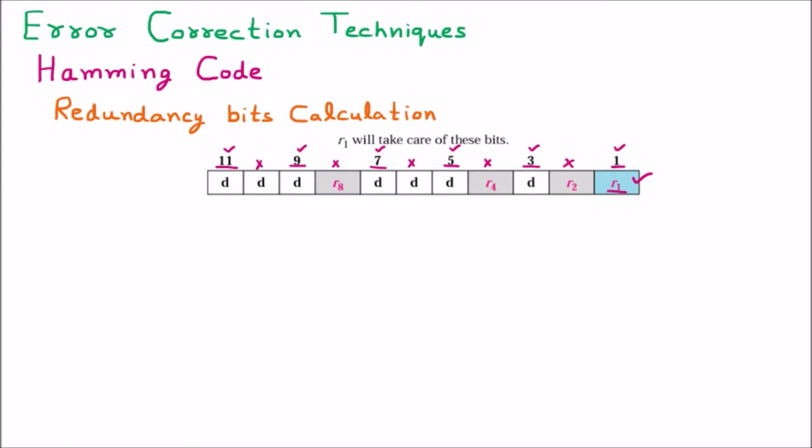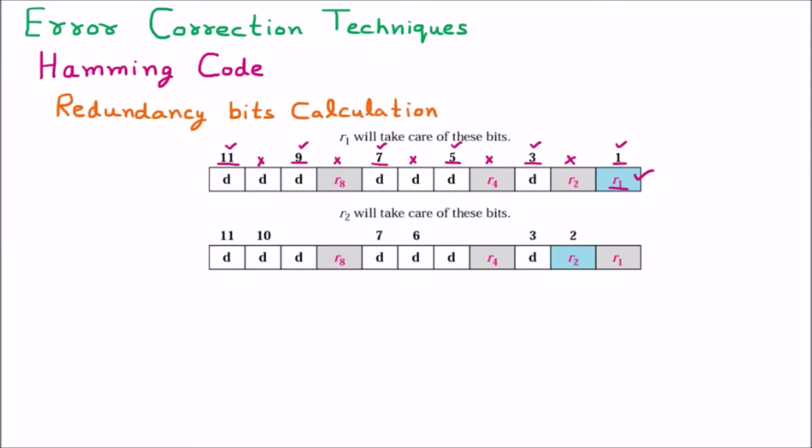Now we are learning about the second redundancy bit, which is R2. Here we can see that R2 means two consecutive bits together, then two break, then two together. You can see that the second and third are together. Now leave the space of 2. Now 6 and 7, again leave the space of 2. Then again 10 and 11. Similarly, keep on going. So R2 redundancy bit will take care of 11, 10, 7, 6, 3, 2.